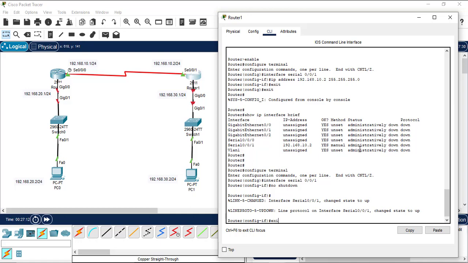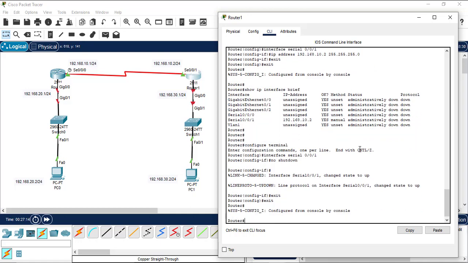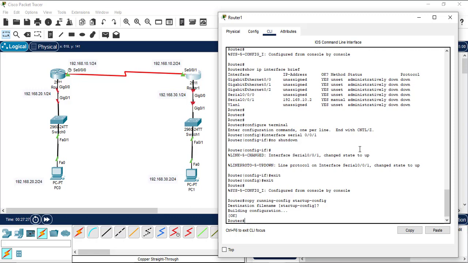Okay, so let's exit from this mode and exit from this mode also, and make a copy. Copy running config to the startup config. Okay, so we have saved the configuration file. So let's ping here, ping